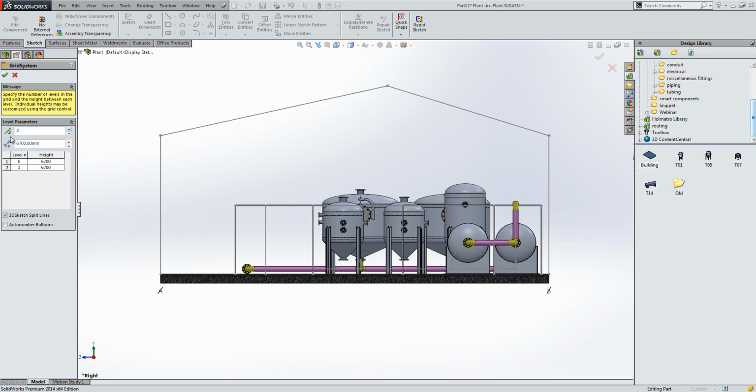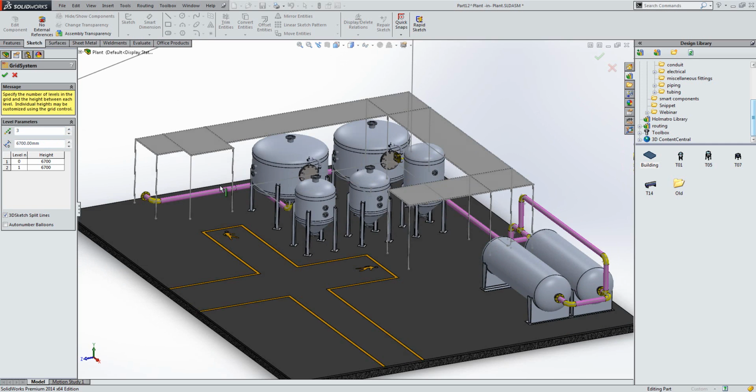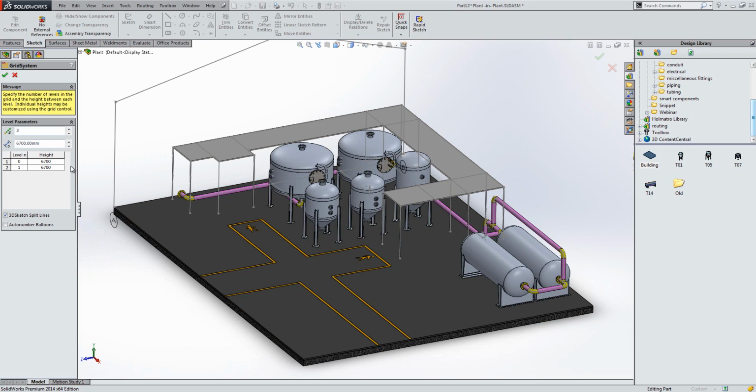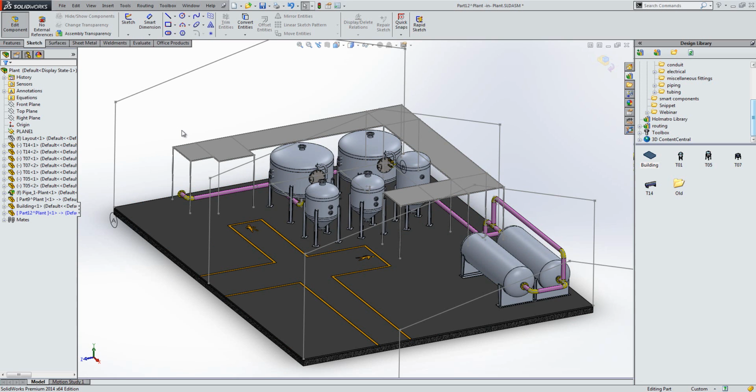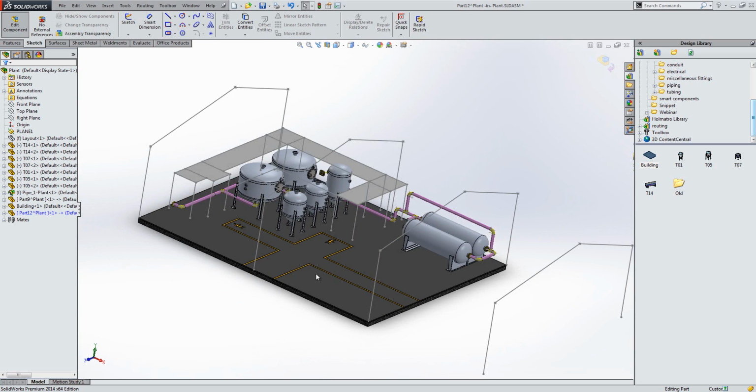Now, in this case, I'm going to want a number of these structures as they go across. We're going to choose 6,700 as a gap, and I'm going to choose 4 in total, so my original one plus another 3, and then we're going to hit the tick. And what this does is this brings the structure across, and you can see how this could potentially continue on